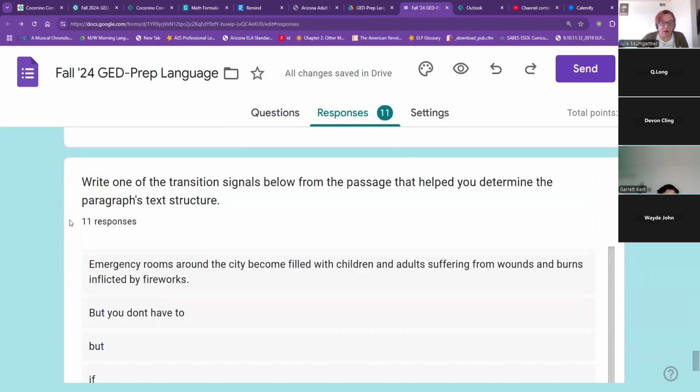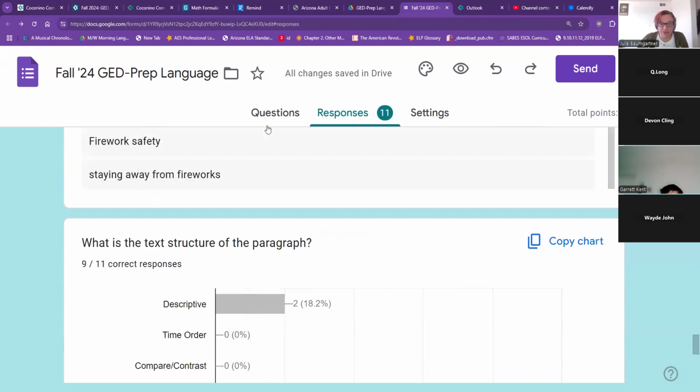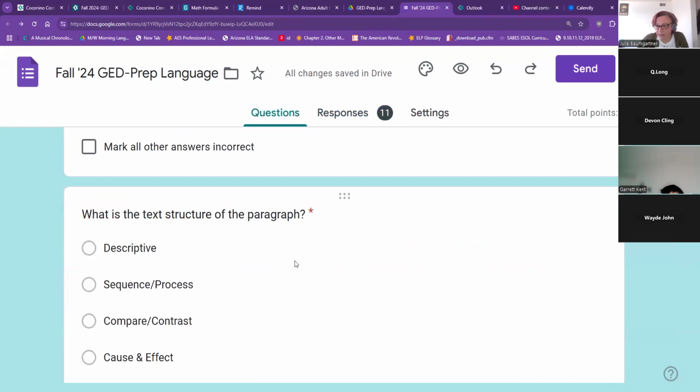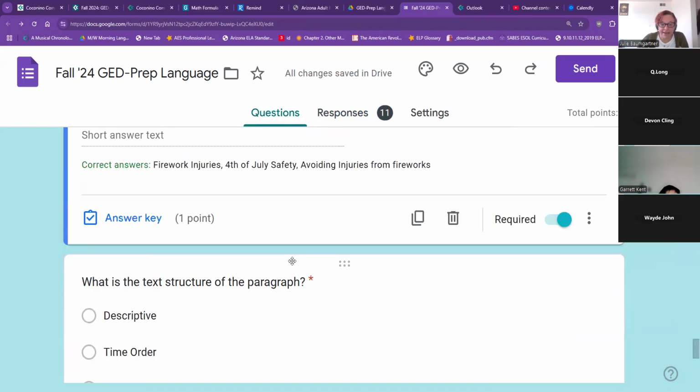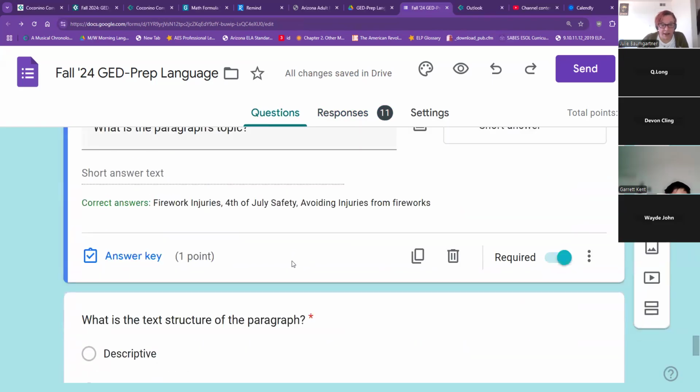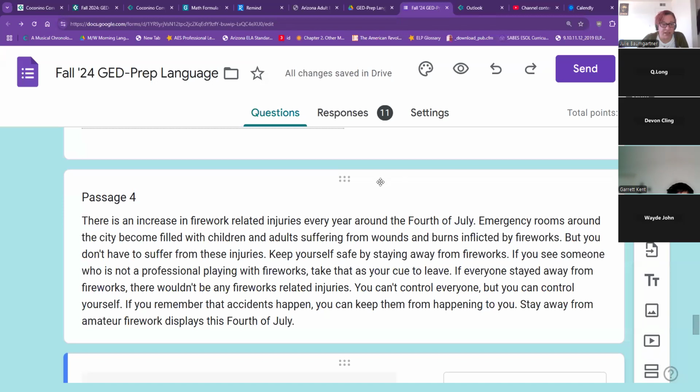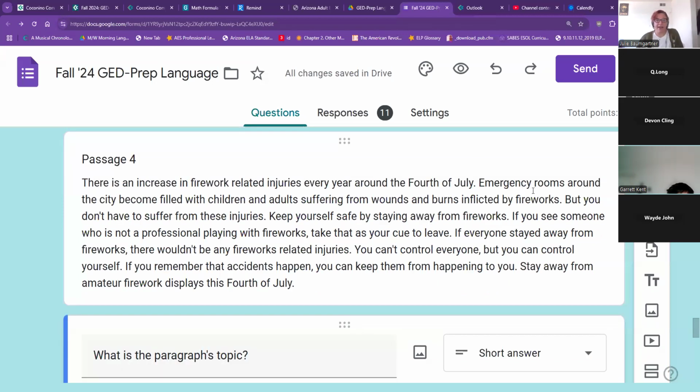And so this one as well was a little tricky because there's not as many direct signals, but it really is pretty common, right? If we look at our problem solution text here, usually the paragraph begins by framing the problem, right? And hopefully you guys agree that the first 2 sentences are